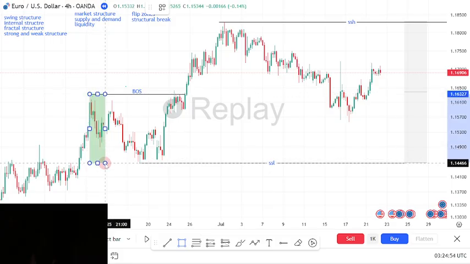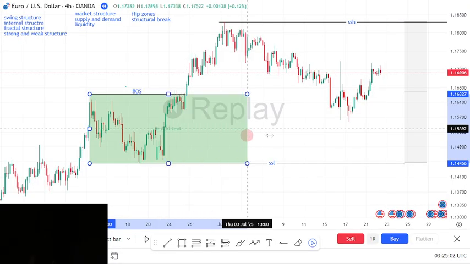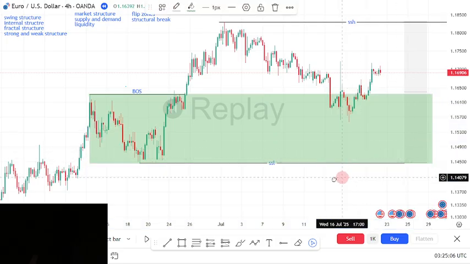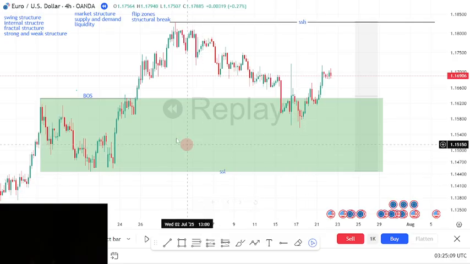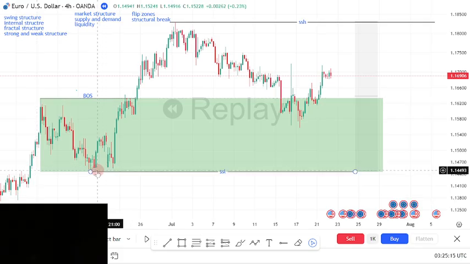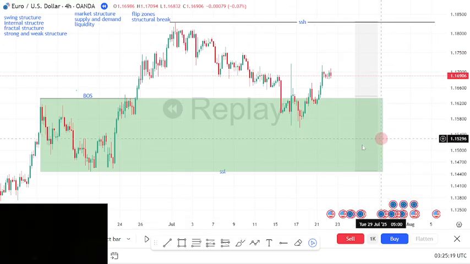Okay, now we get this demand range here, right? We have a demand range here. What does this demand range do? We expect mitigation from this demand range, right? When price broke above this structure, from the high of the structure to the low of the structure is our demand range. So when we get this initiation out of the range,